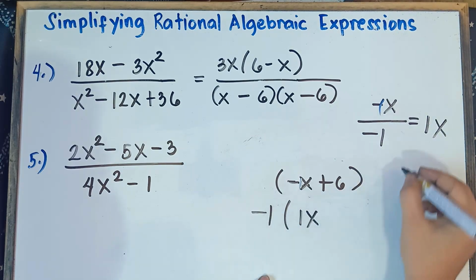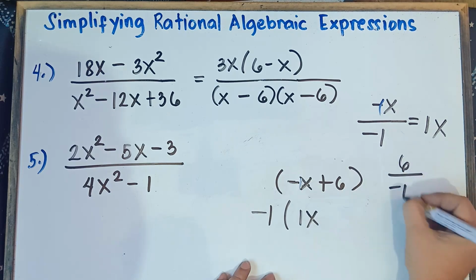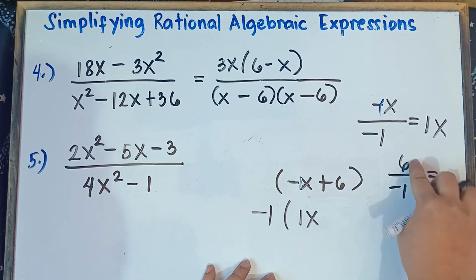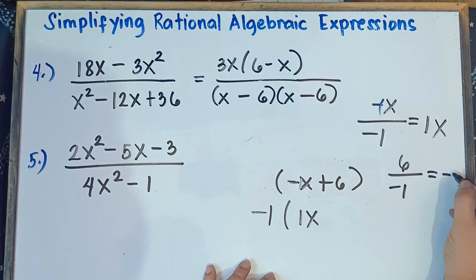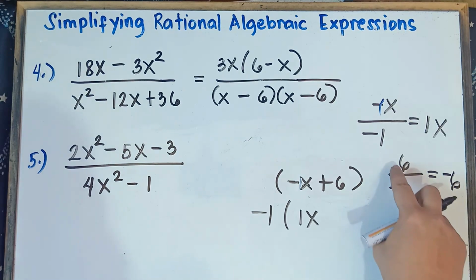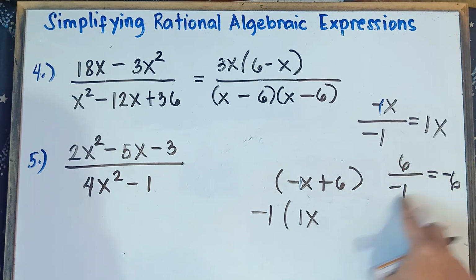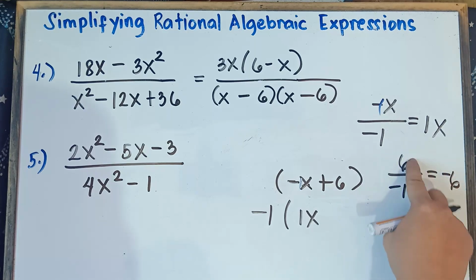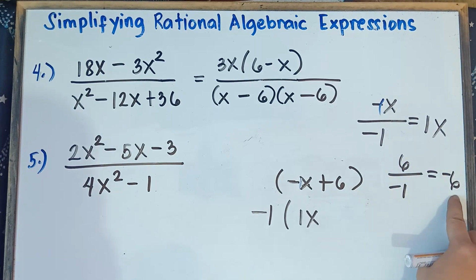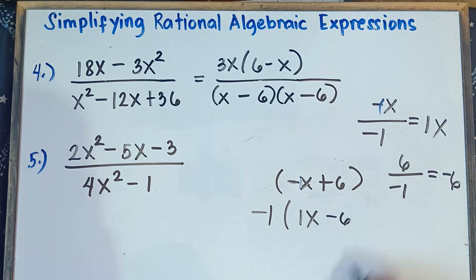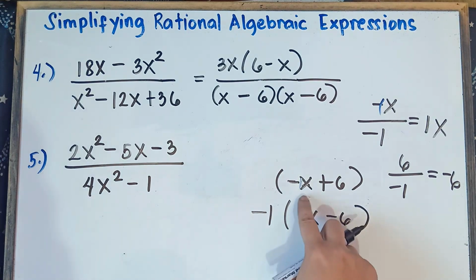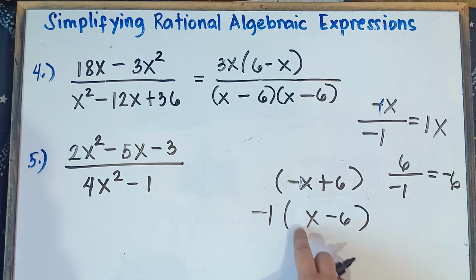And then 6 divided by negative 1. That would be negative 6, right? Once again, class, positive divided by negative is negative. 6 divided by 1 would be 6, so positive 6 divided by negative 1 would be negative 6. This is negative 6 and then close parenthesis. So we can erase 1. That's okay. Understood that there's 1 here.